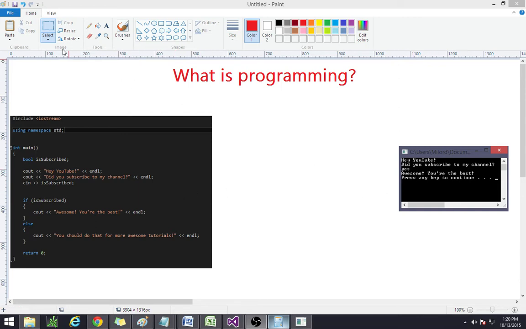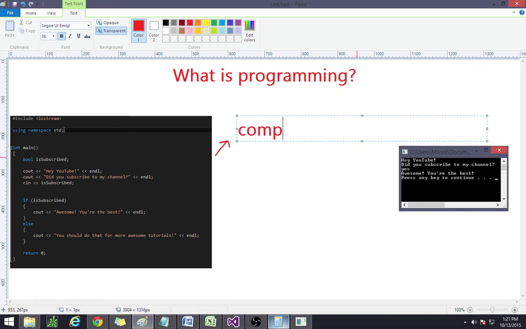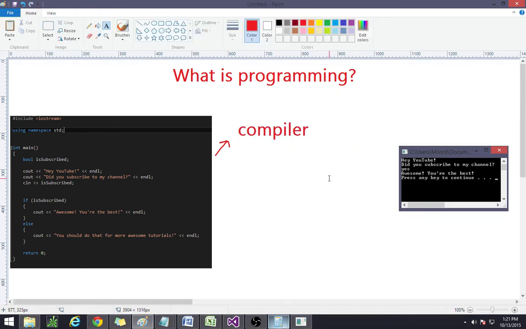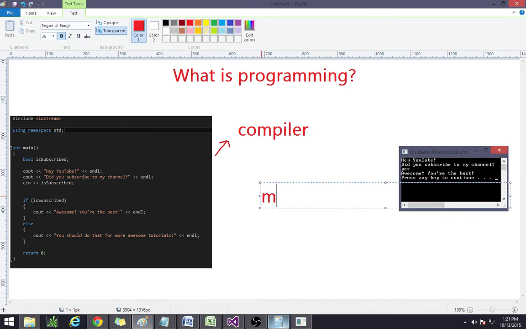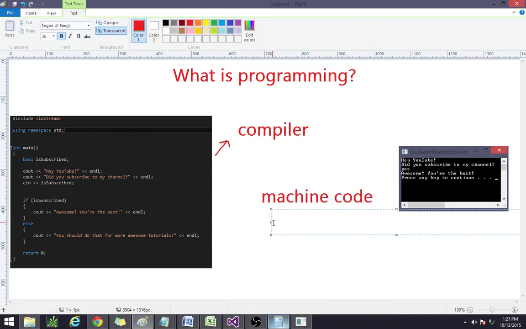our actual program. What happens in between is what is called the compiler, and the compiler will compile this code. And what the compiler actually does is it breaks it down into machine code. Machine code are the zeros and ones